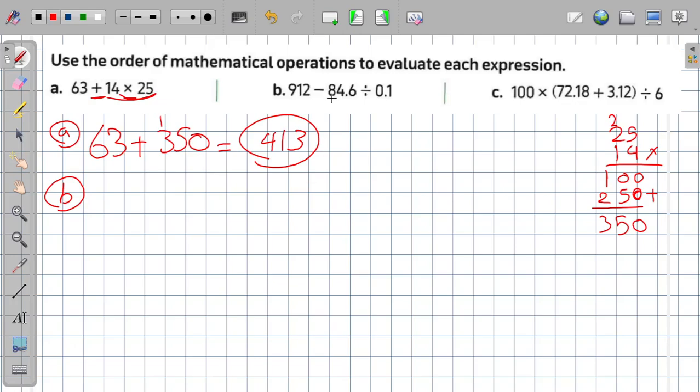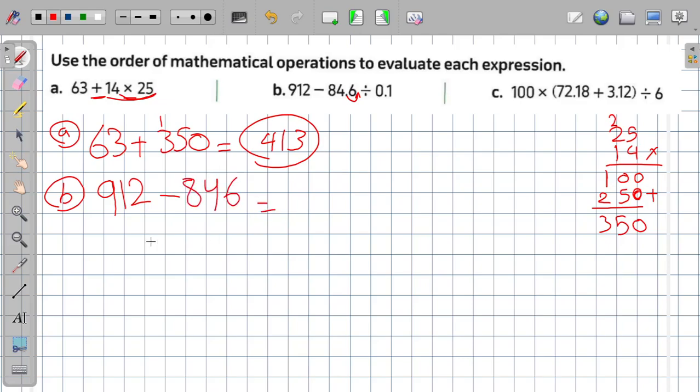912 minus 84.6 divided by 0.1. Dividing by a decimal fraction will move the decimal point to the right. So I have one decimal digit, so I will move the decimal point one place to the right. So it will be after 6. So I can say it's now 912 minus